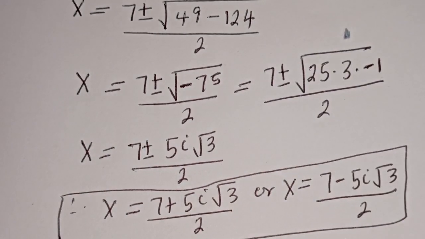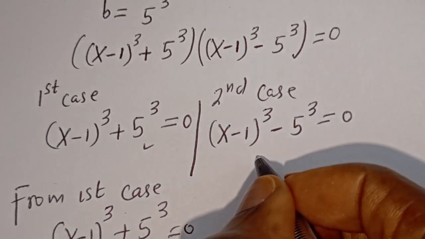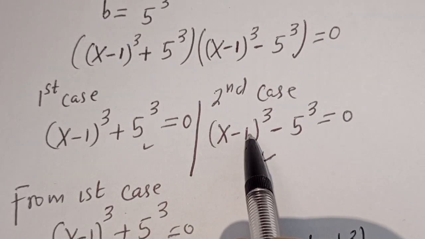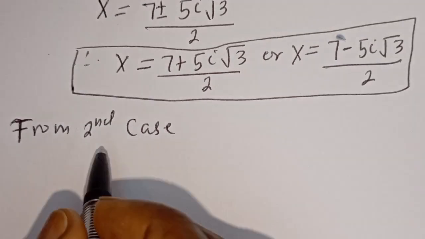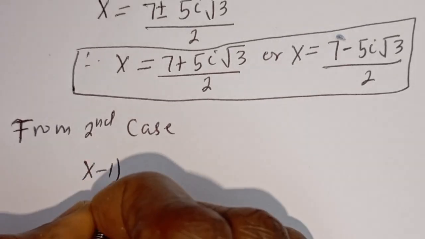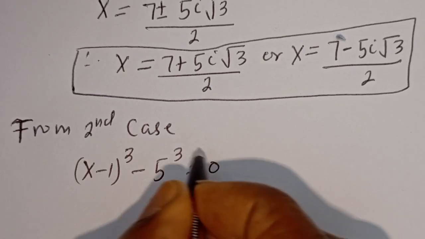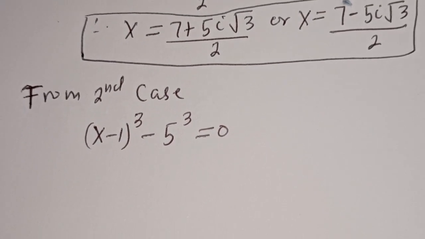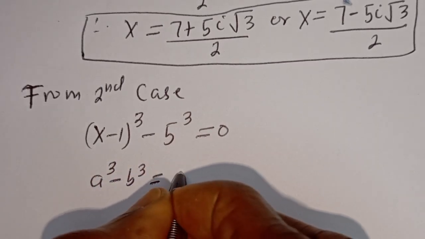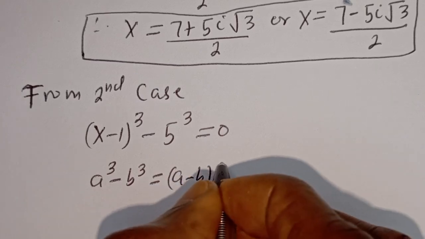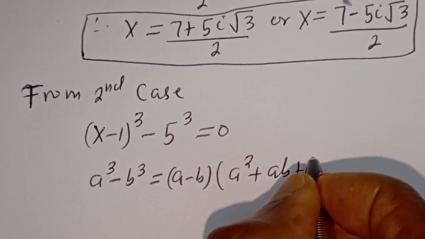Now let's consider the second case. Then from here, we have the second case, x minus 1 to the power of 3 minus 5 to the power of 3 is equal to 0. Take note of this, that if you have a to the power of 3 minus b to the power of 3, this is equal to a minus b bracket a square plus ab plus b square,